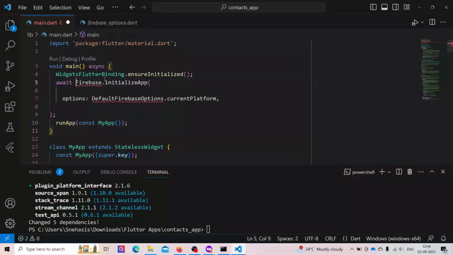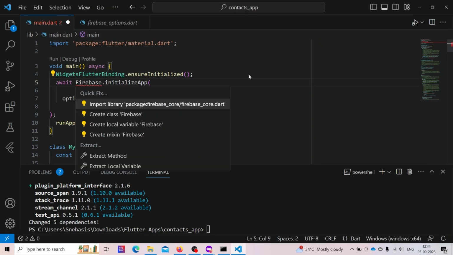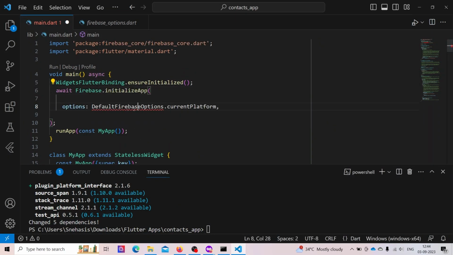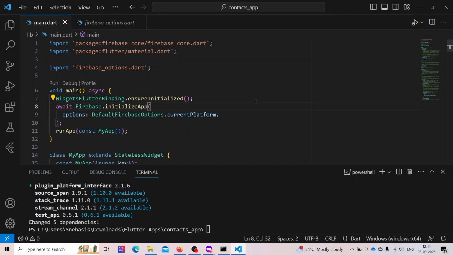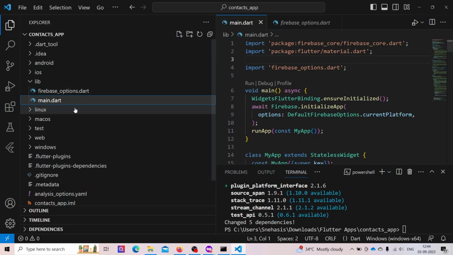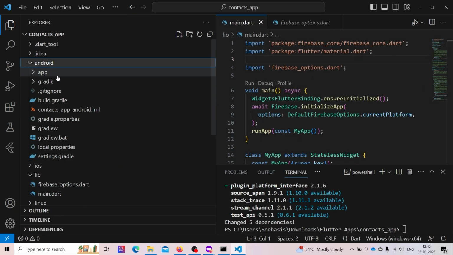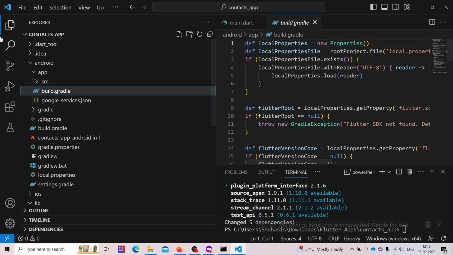Now we have installed firebase_core. We need to simply import it, and the DefaultFirebaseOptions is written inside the firebase_options.dart file. Just import it, and then inside Android app build.gradle,